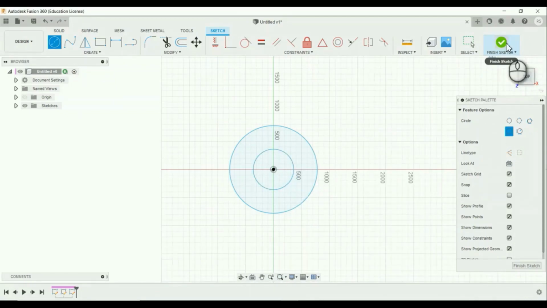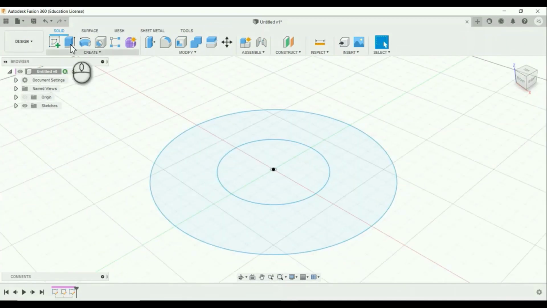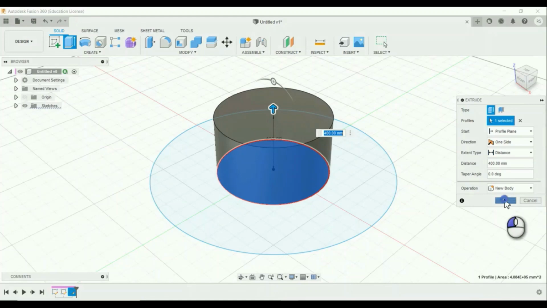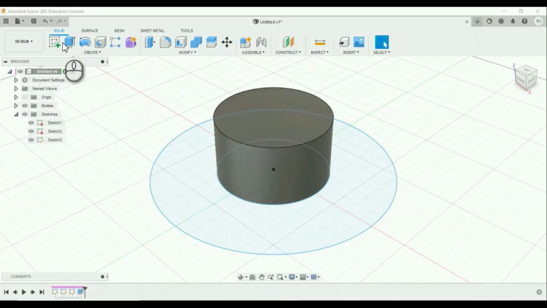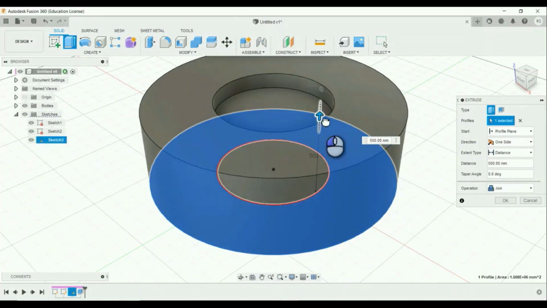After that, click finish sketch to exit of this tab and then extrude the sketch. Extrude the another circle